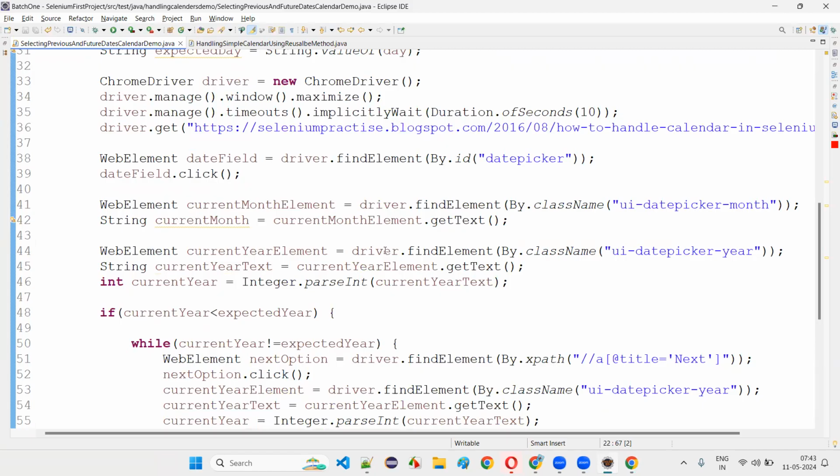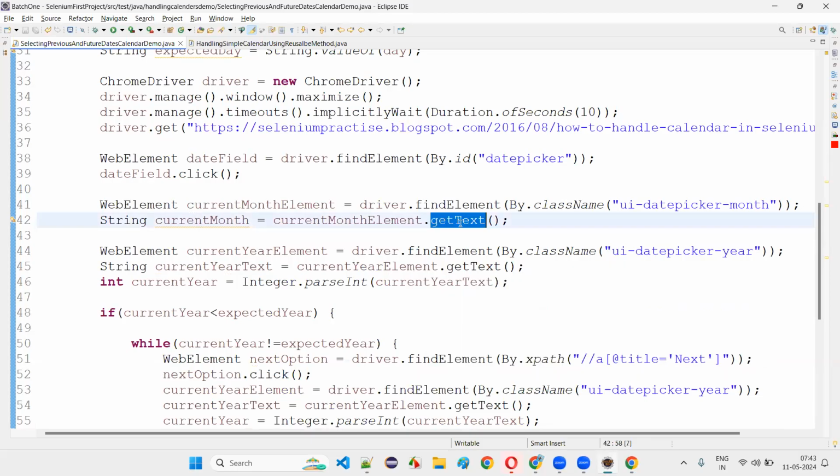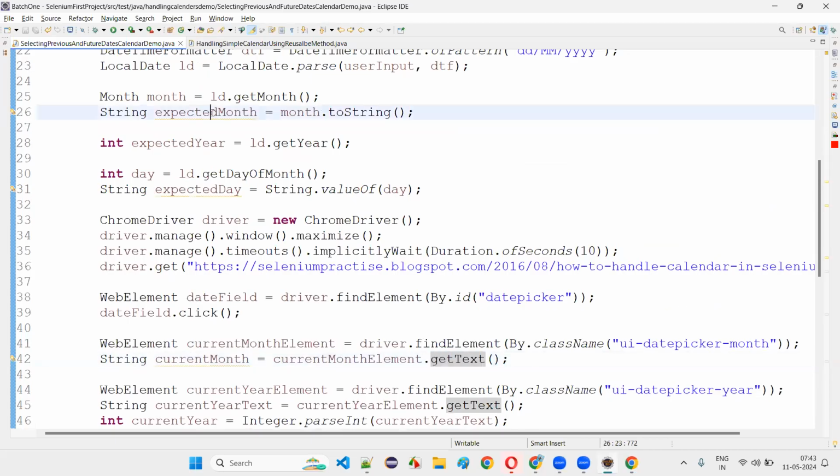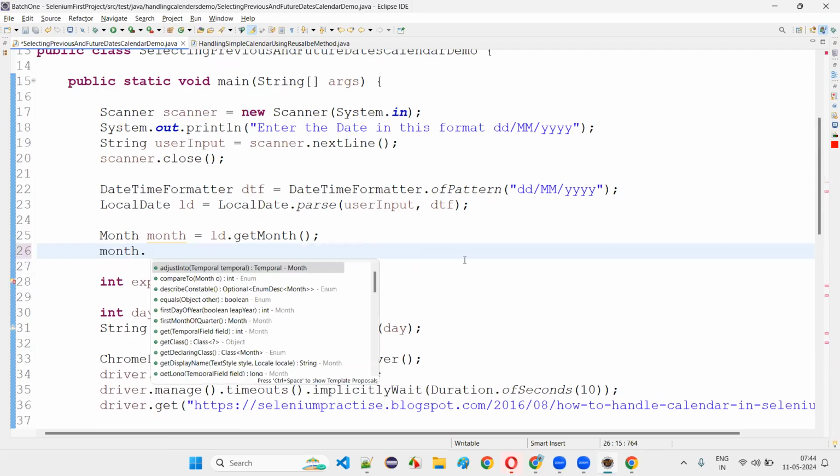Okay, then what we have to do here, guys, text format we are getting, but we can get in whatever the format we want here. If you want to get in the value format, month dot